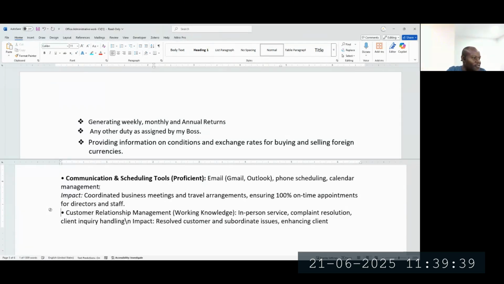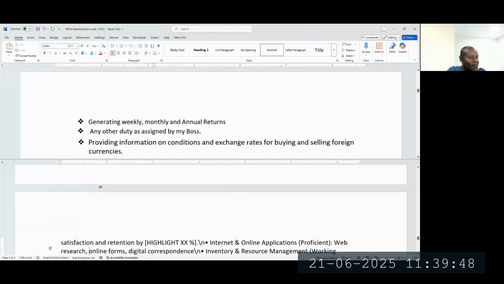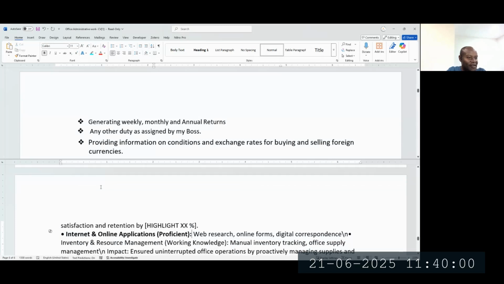I think here it should have said tools, what tools she was using. So I probably would take this out. Then online applications, internet and online applications. So as you can see, the AI goes through your entire CV, lists all these things, and comes and tells your potential employer, this is what you're good at. You get that? And then inventory and